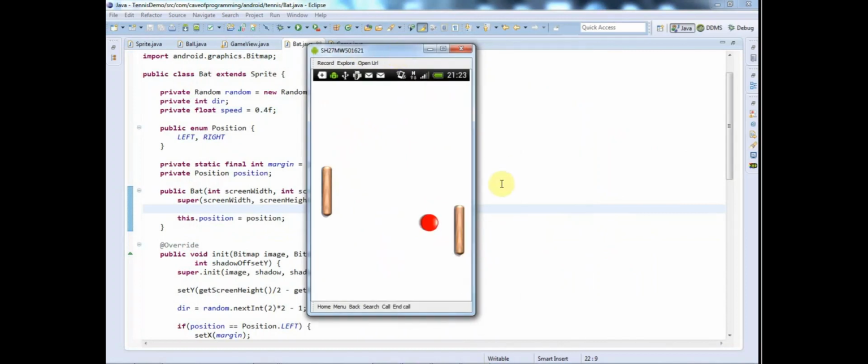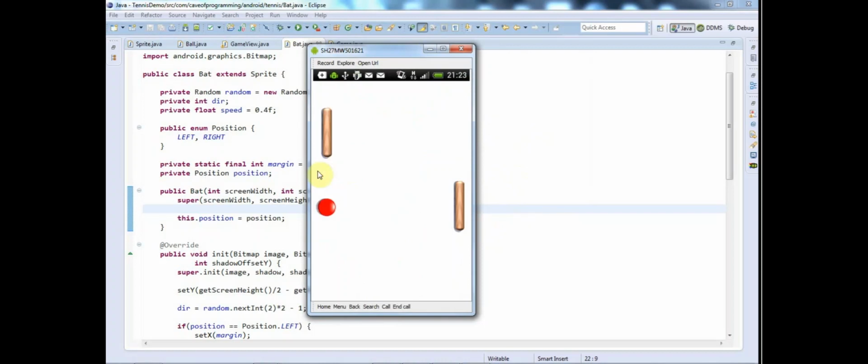But if I look at my phone, I'm sorry that you can't see this, but it does actually look quite reasonable. The bat looks a bit like it's controlled by someone who's on methamphetamine or something. It's a bit hyperactive, but nevertheless it's doing the trick, and a lot of the time it will intercept the ball, and sometimes it misses it,